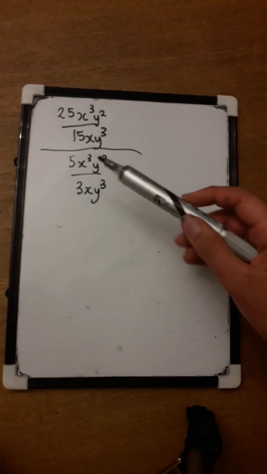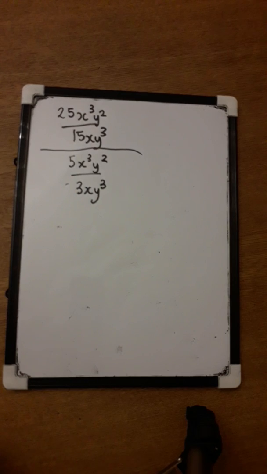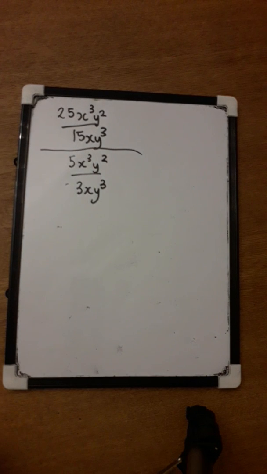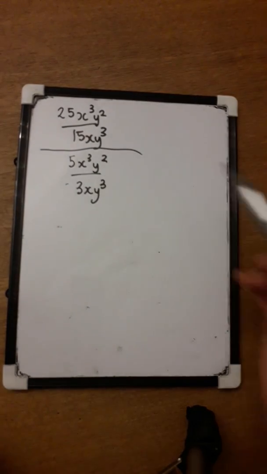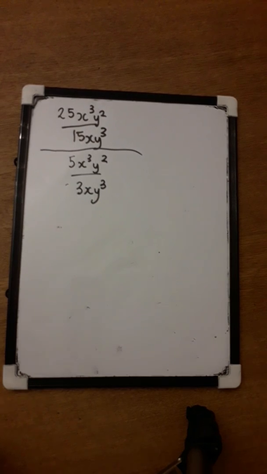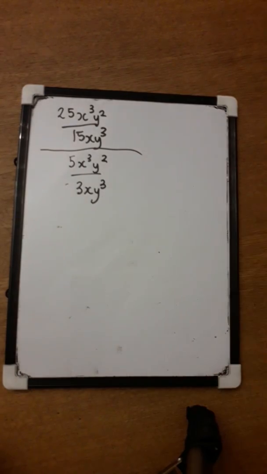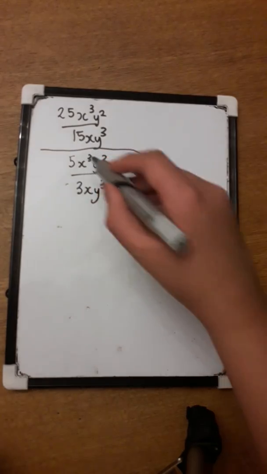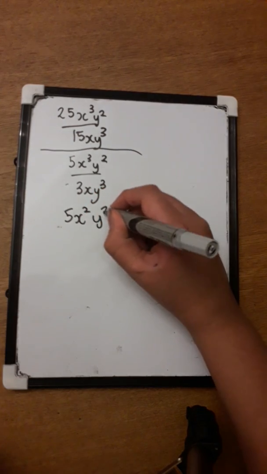Now you can see 3 can't go into 5 and won't give an integer. You can't divide 3 by 5 or 5 by 3 as you will get a non-integer. Now what we do, we look at the next value, or in this case the next letter. As we can see, there's x cubed here, which is x times x times x, and at the bottom it's just an x. So what we simply do, we get rid of this x and that x above. So it becomes 5x squared y squared over